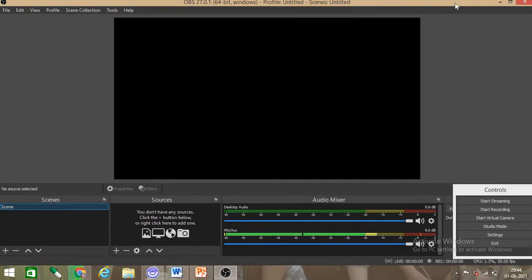Now see here, I will enlarge it. Now you can see here one black screen is there. Then you can see 1, 2, 3, 4 and this is the fifth one. You can see 5 sections are there.